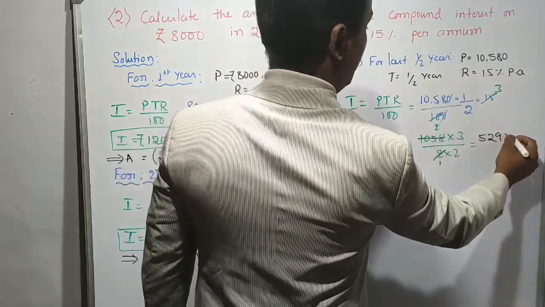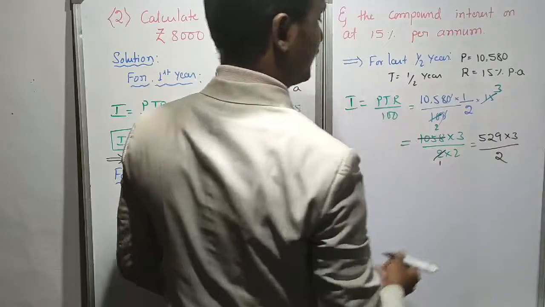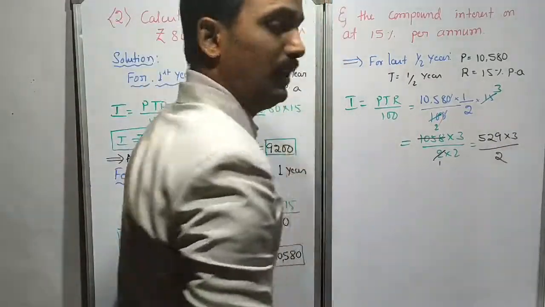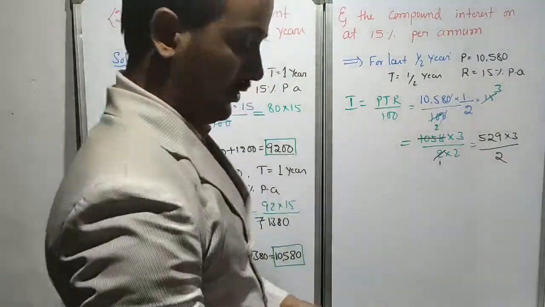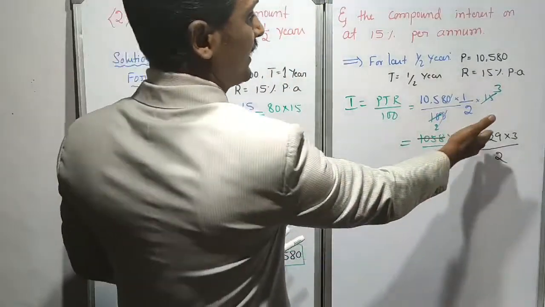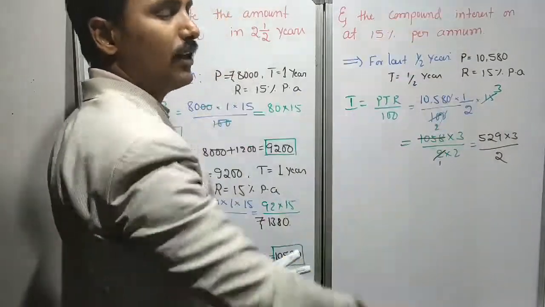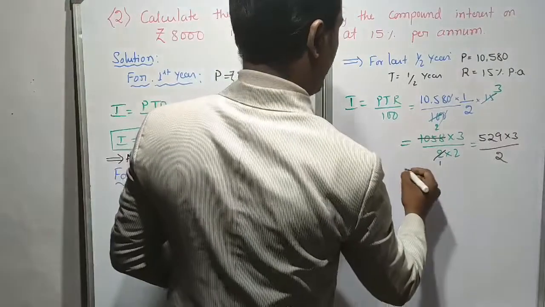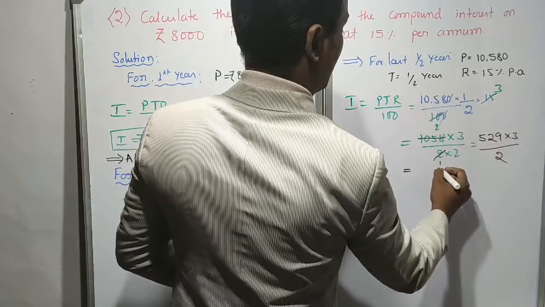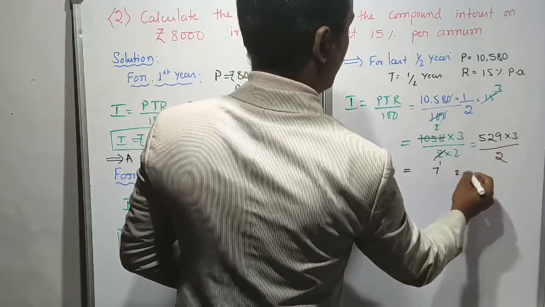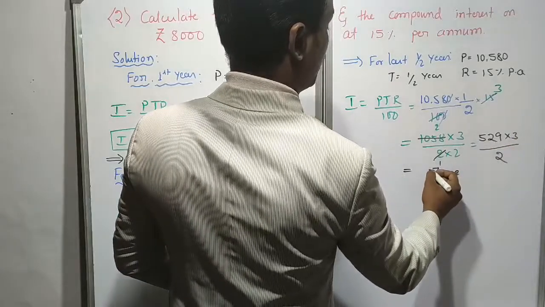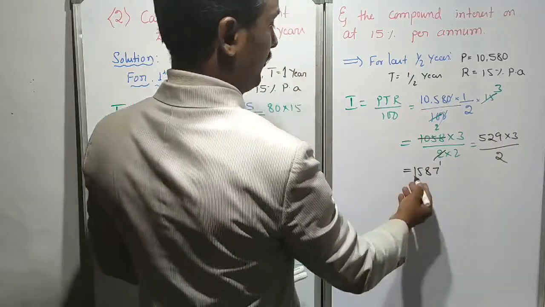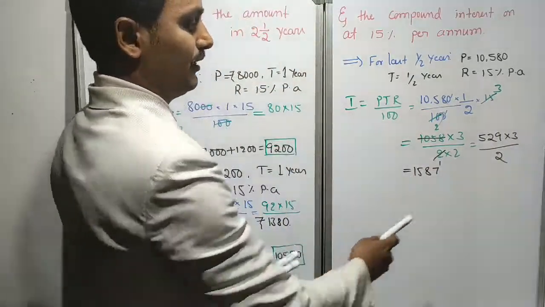2 9s are 18, into 3 divided by 2, dear children. Understood? Now this multiplication, then I will divide by 2. Shall I do long division here? This type of division you should write on the right side of the notebook, CW. Shall I do? This 2 multiplication is equal to: 3 9s are 27, 2 carry. 3 2s are 6 plus 2, 8. 3 5s are 15. 1587. 1587. Understood?